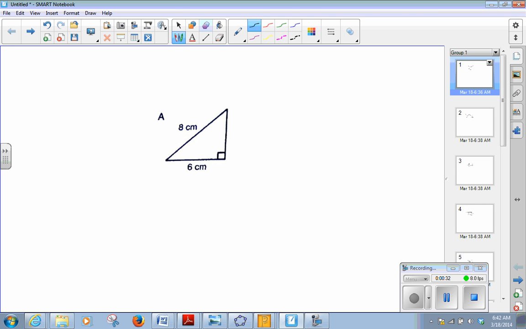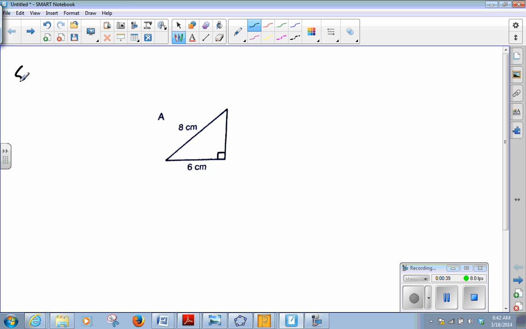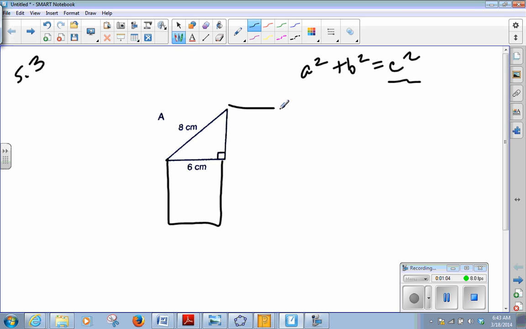So this first one for letter A at the top of page D76, if you got the correct answer, you should have gotten 5.3 for your answer. Now, if you didn't get that, please follow along with me and we'll figure out what we did wrong. Remember the way Pythagorean theorem works is that you've got a squared plus b squared equals c squared. C squared is the longest side, otherwise known as your hypotenuse, and then a squared and b squared are the legs of your triangle. So that means in our picture right here, if we square this guy and square this